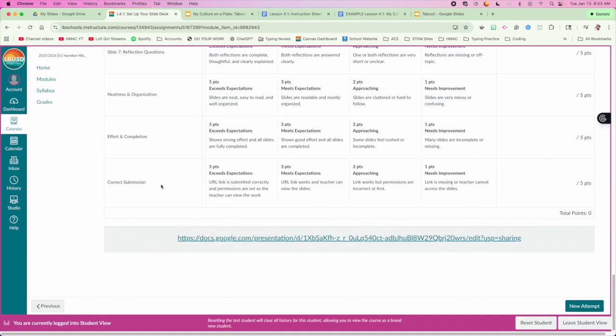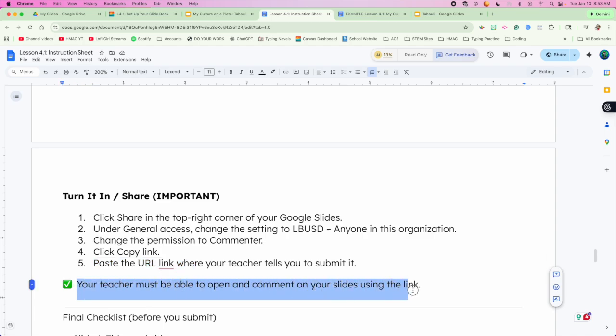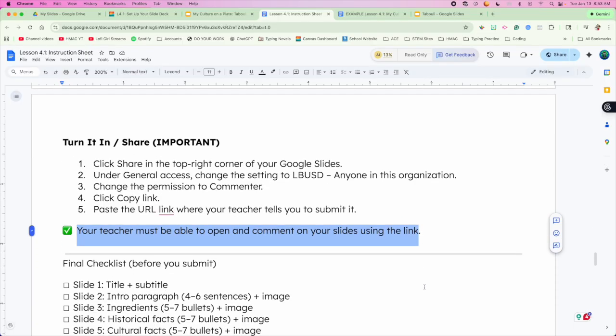So if you can see, one of your grades is for submitting this correctly. So if you've submitted the assignment and I can view it, then you'll get max points, okay? So if it works and I can view it, but I can't comment, then I'm going to take points off, all right? So you do want to make sure that you have it so that the permissions are set correctly according to the instructions, all right? So I must be able to open and comment on your slides using the link if you want full credit,